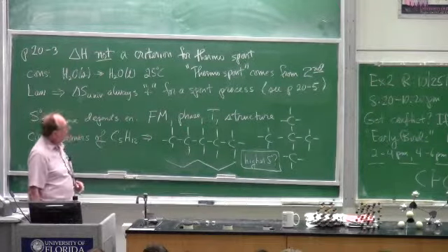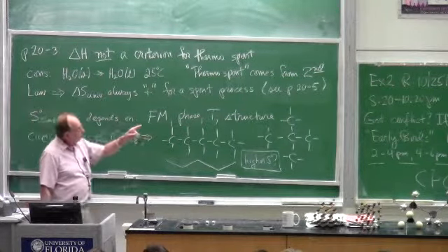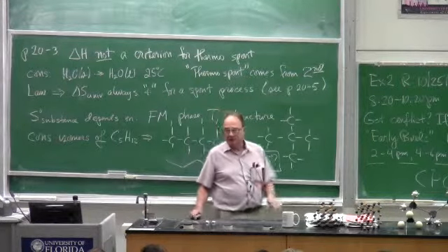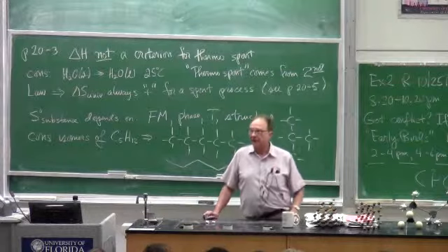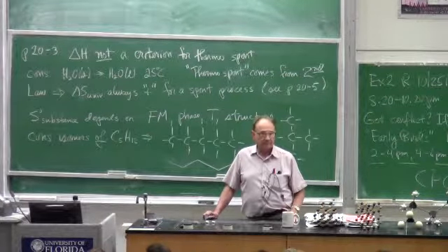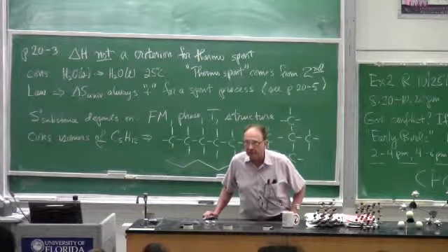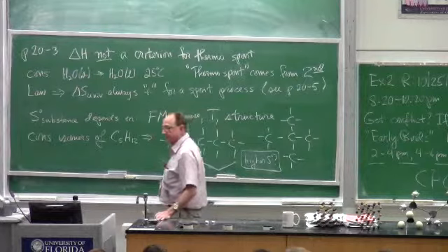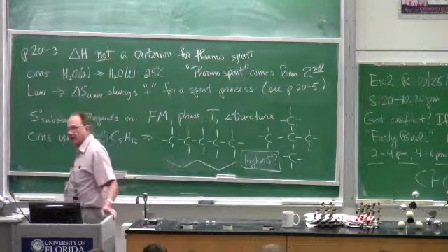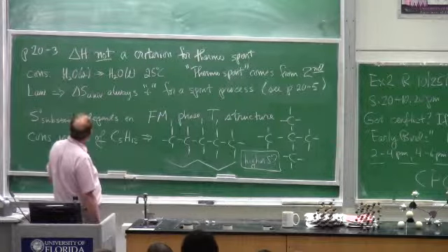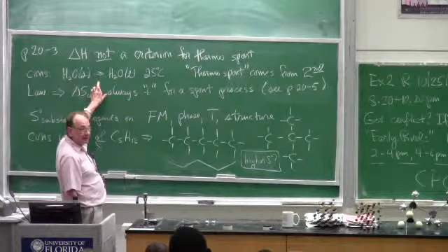In any case, if you take a look at page 20-5, you'll see an example of change in entropy being favorable for the universe. What is discussed on page 20-5 is this process in reverse.